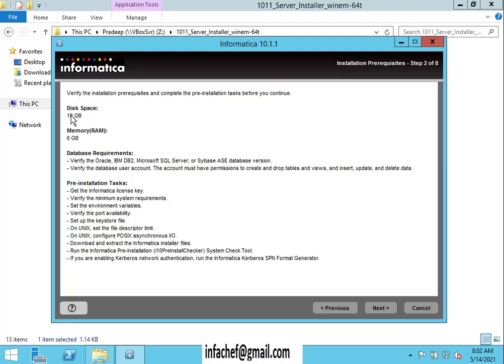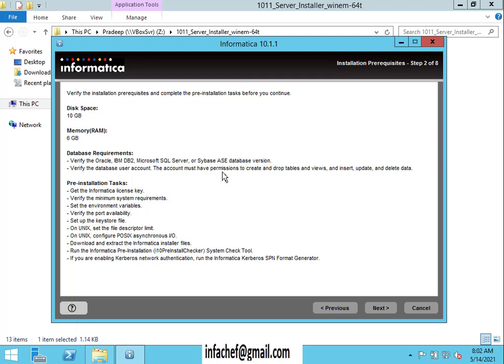It is verifying the prerequisites and completing the pre-installation task before continuing. It is asking for 10 GB space and 6 GB memory, and it can be part of Oracle, DB2, Microsoft SQL or Sybase ASE.